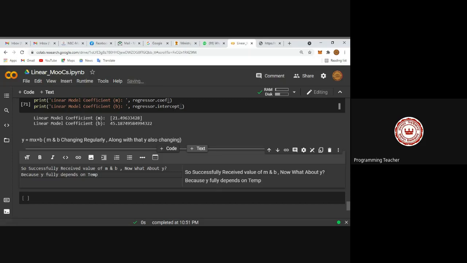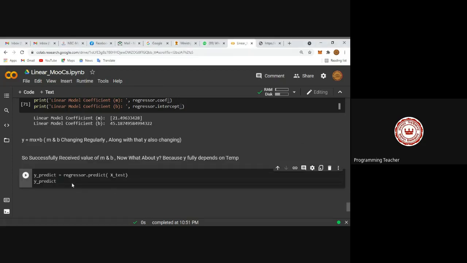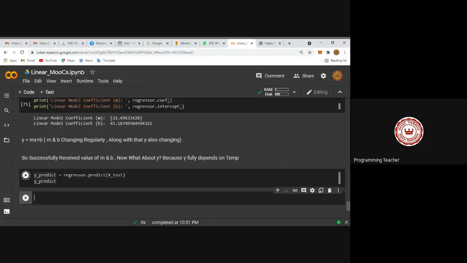If you leave out the c part, then you can say y equals mx also. So already we found the regression coefficient. What about the intercept value for this case? Then, periodically changing for each temperature, your y will change. So this is the concept. That is y predict.